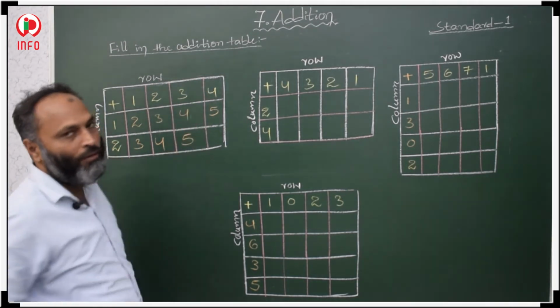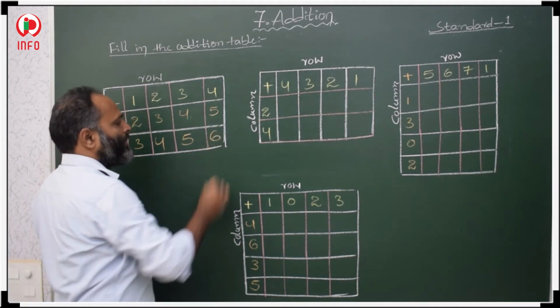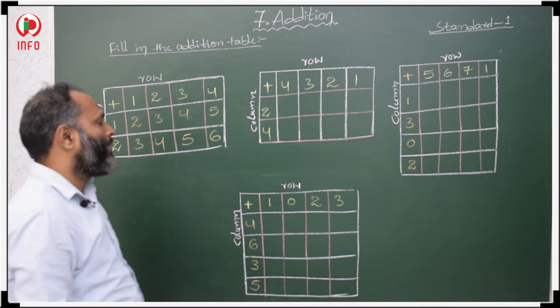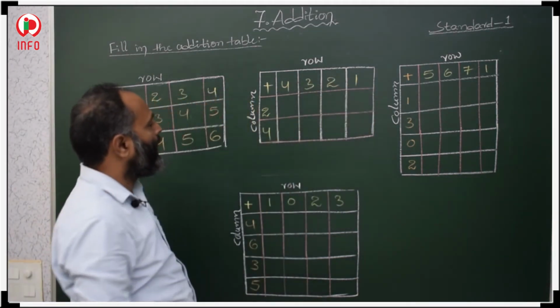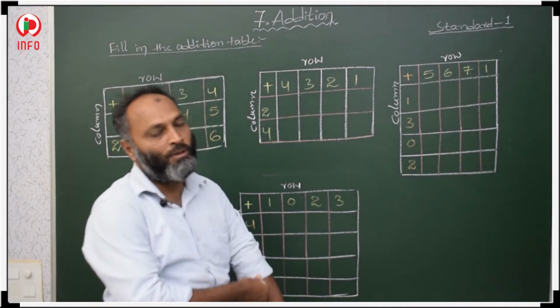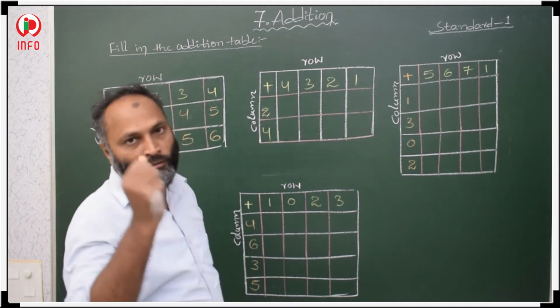Count 2 forward: 4, 5, 6. 6 will come. So, these numbers will come. Next, here, if these complete numbers are added with 2, then which number will come? So, we have to count 2 forward. Forward numbers: 4, 5, 6,